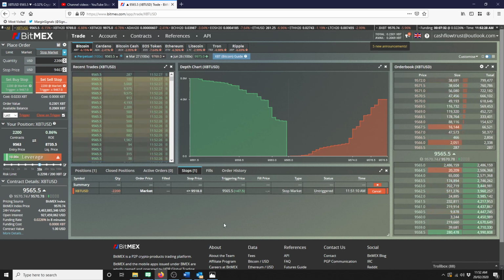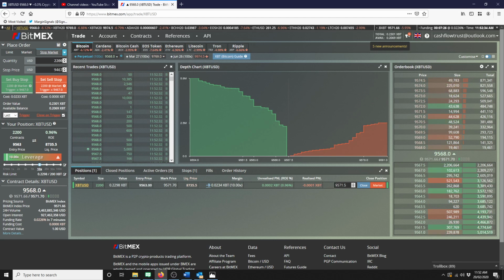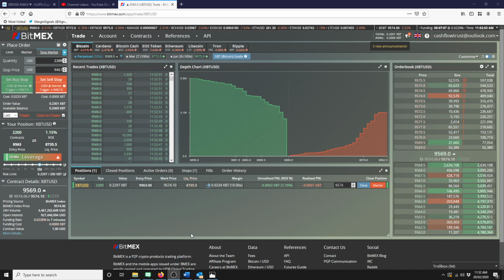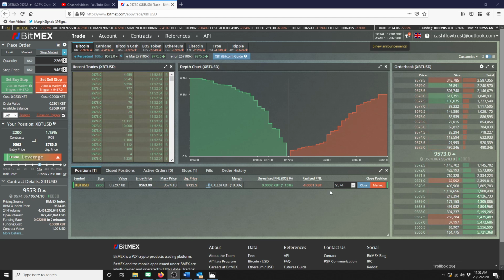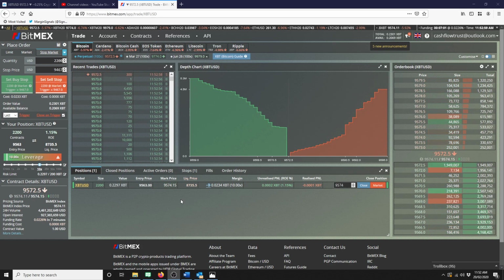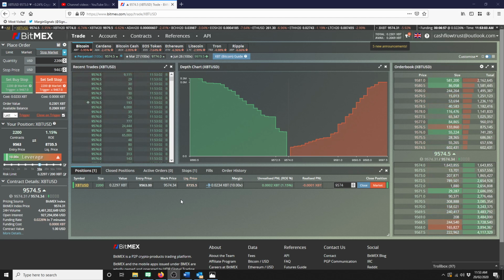Alright, so you know how to enter a trade, you know how to set a stop loss, and you know how to adjust your stop loss. So that's pretty much it. That's how you get in a trade once I post that trade call up, which I showed you just before. So if we want to get out of the trade, so let's just say price starts moving against us